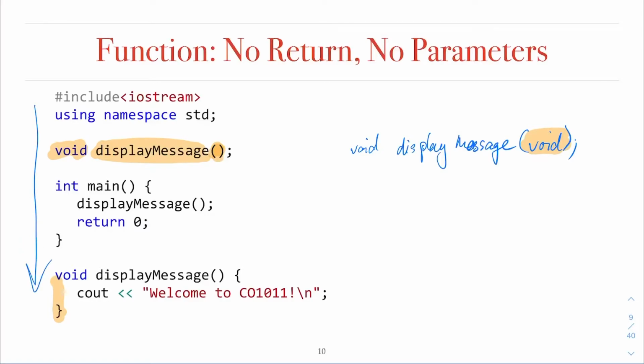So when it compiles this line, the compiler knows that there exists a function called display message, which takes no arguments and returns nothing. Then when you call the function, the compiler doesn't necessarily need the definition of the function right at that moment.